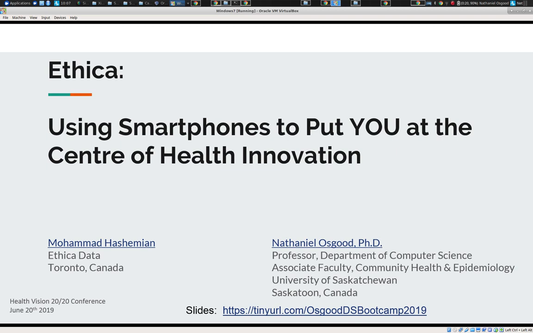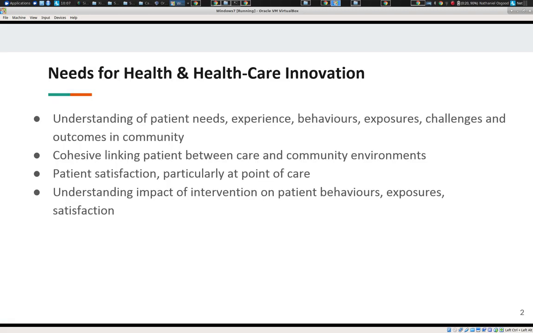Today I want to give you a very brief glimpse of it because it bears directly on the example that I'll be covering. Ethica was motivated by a need to fill the gaps faced by my colleagues in the health sciences to address some of the more important problems out there. I work very closely with Health Authority and with Ministry of Health and past projects, and with partners worldwide within